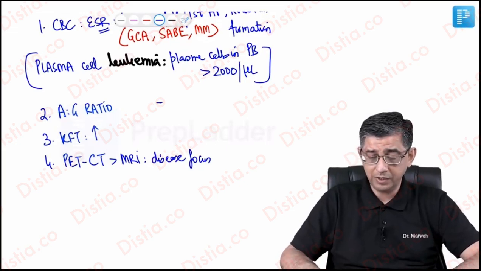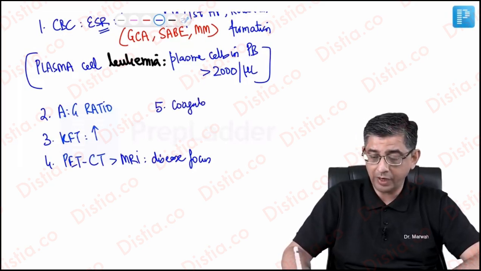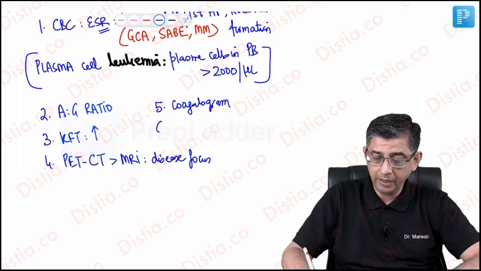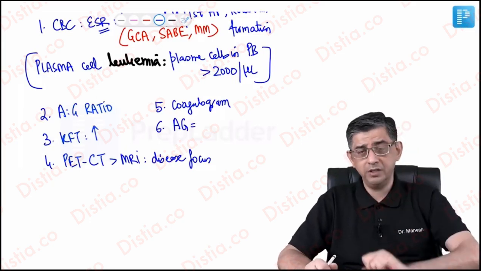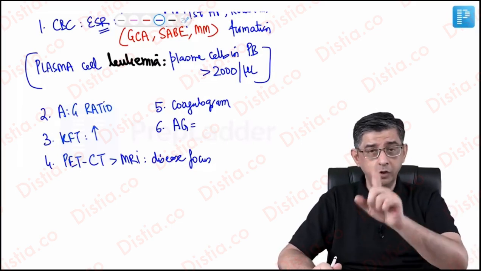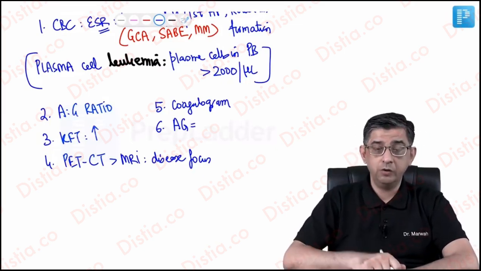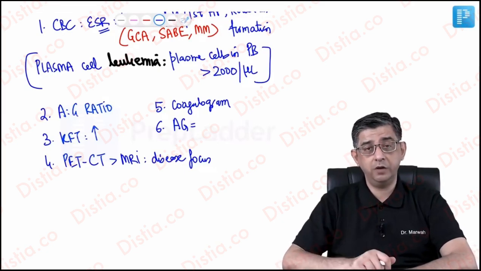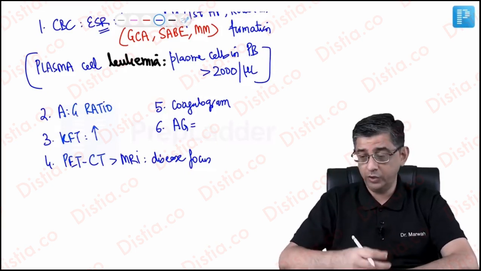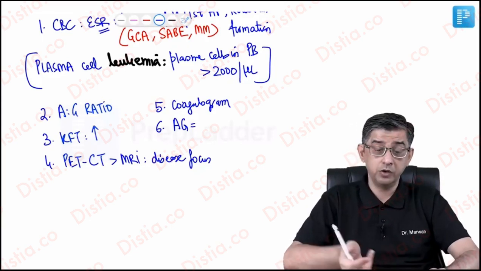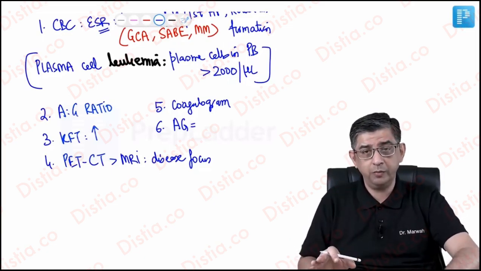The next investigation that I'm going to say for this person is important because there can be bleeding. So coagulogram will be done and even anion gap will be mentioned in the MCQ. So lots of time the question on this topic will be long. And what are the points that you need to pick up? You will pick up this old man will be having normal serum alkaline phosphatase. I gave you an explanation earlier. SAP is dependent on osteoblast. And what is increased in the body of this patient? Osteoclastic activity thanks to MIP1 alpha. So SAP, though it's a very harmless sounding test, serum alkaline phosphatase normal, is a good clue. I mean, normal can never be a diagnostic criteria. I'm not saying that SAP normal is a diagnostic criteria for multiple myeloma.